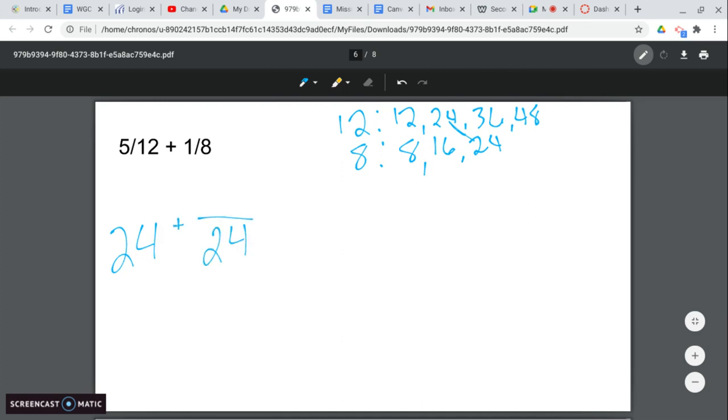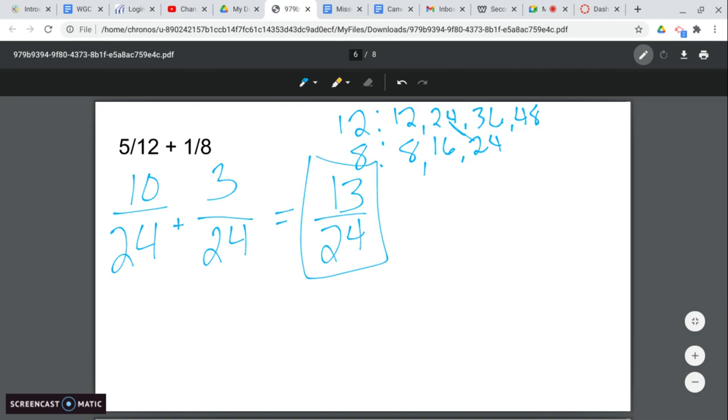So 12 times 2 gives us 24, so 5 times 2 is 10. 8 times 3 gives us 24, so 1 times 3 is 3. So we have 13/24. Okay, so just taking our unlike denominators and making them into like denominators by finding the least common denominator